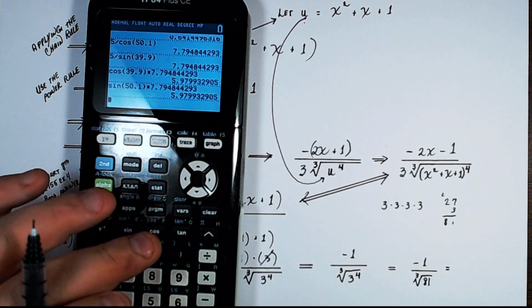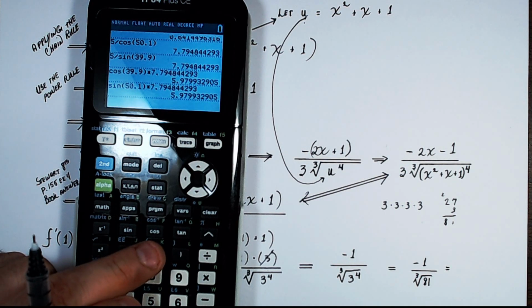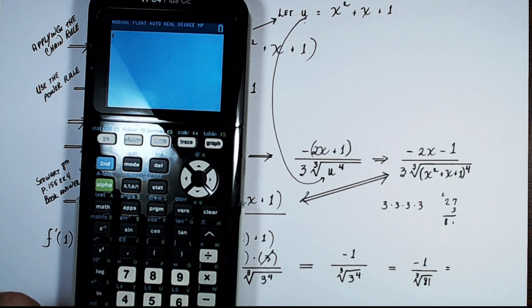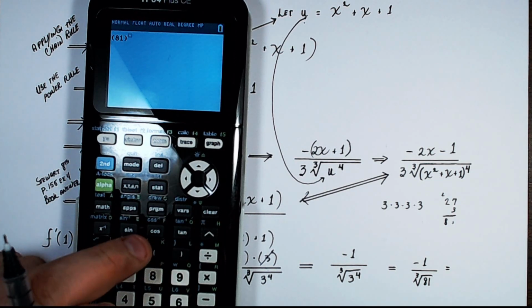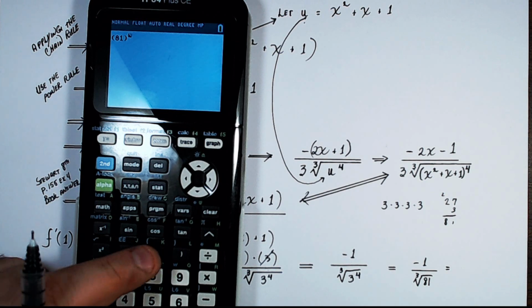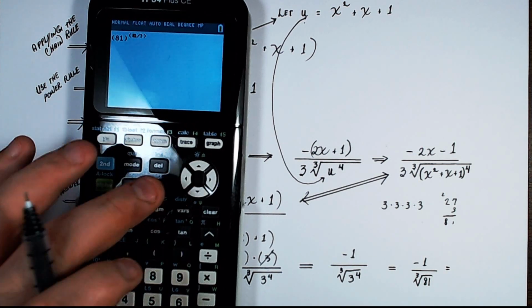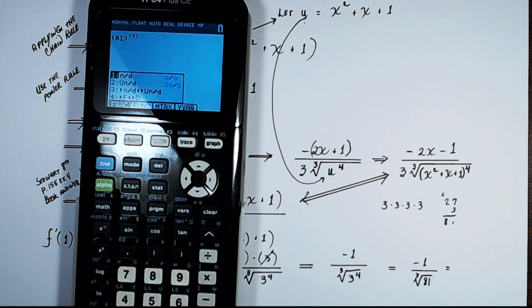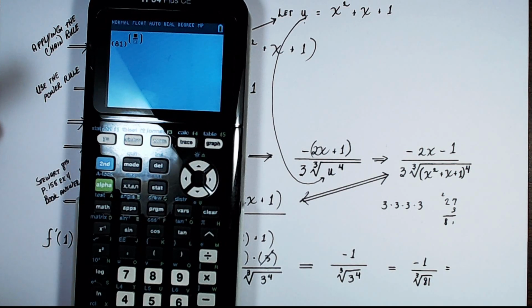Let's take the cubed root of 81, which we need to use this open parentheses. Let me clear all this. Open parentheses 81, close parentheses, raised to, and then you've got two paths here. You can either do open paren -1 divided by 3, or conversely, you could have gone in here and deleted this and done alpha y equals, okay, we got to delete that 3, and gotten your fraction notation and done